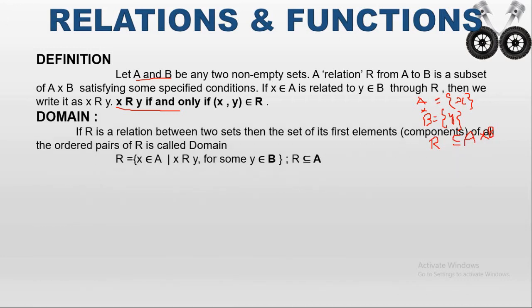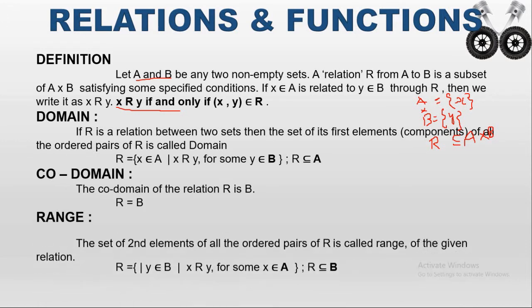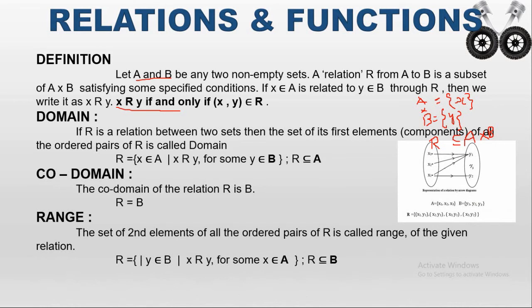Next we are going to see about the domain. What is meant by domain? It is the set of all permissible inputs. For example, in this diagram, this is the capital A and this one is the capital B. The relationship between capital A and capital B is: x1 is related to y1, x2 is related to y1, x3 is related to y1, and x3 is related to y2.